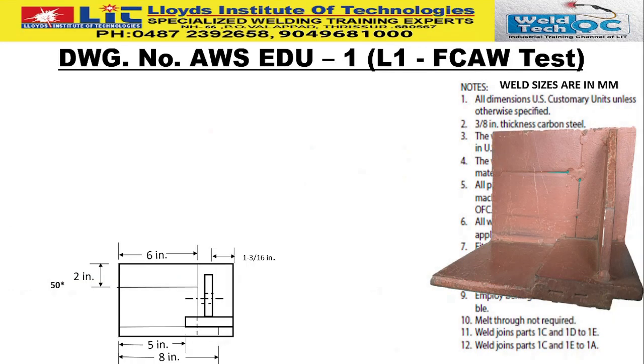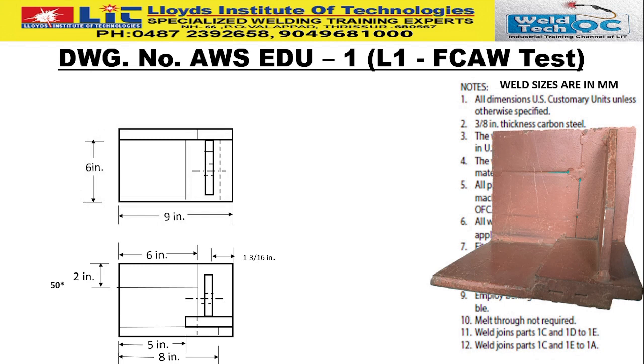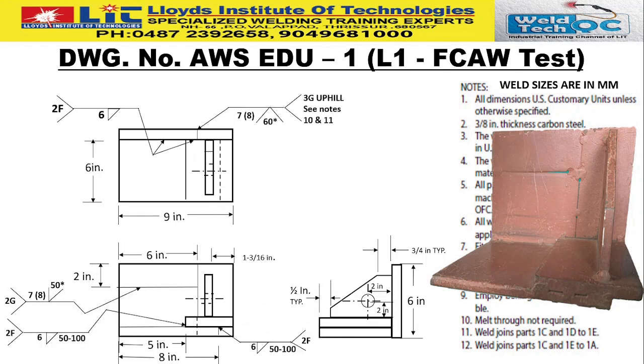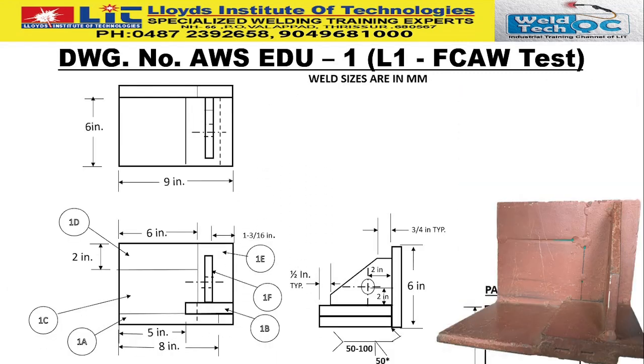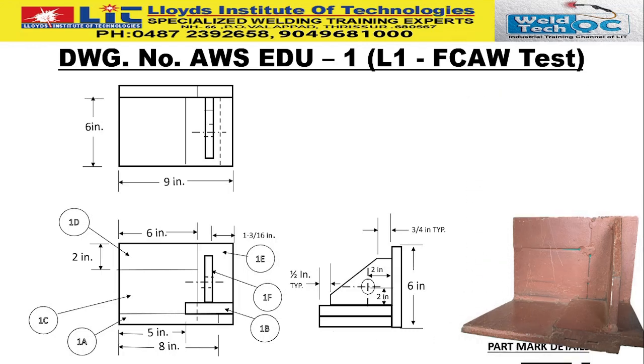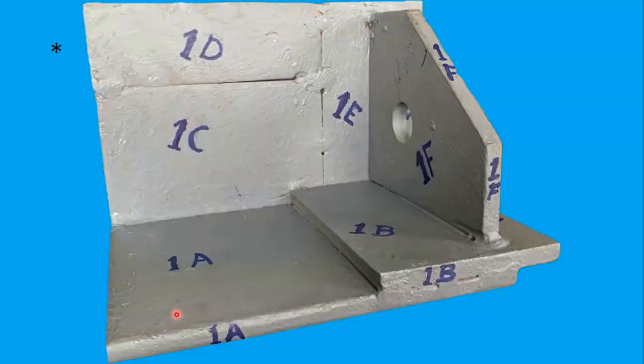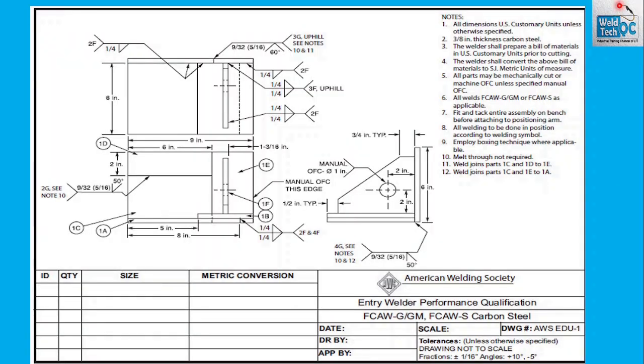Today we are going to continue with the drawing and find out the dimensions of the parts from 1A to 1F. There are 6 part marks in that drawing. So let us start. Once you are done with the titles and notes and you have fairly understood what it is,